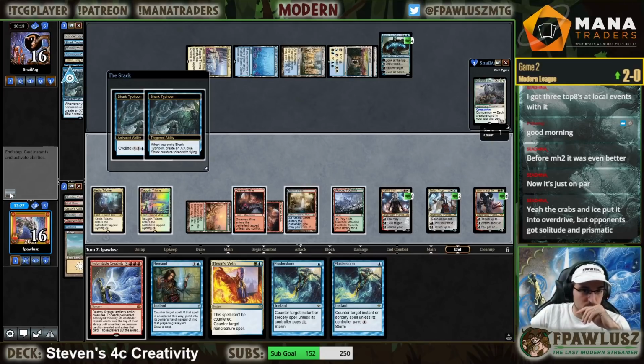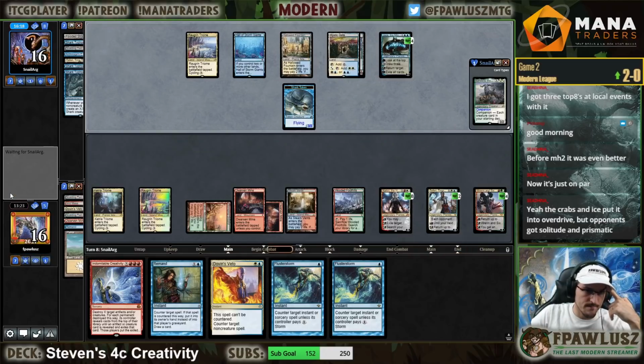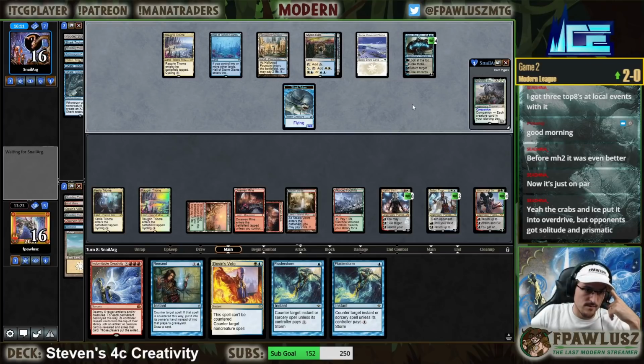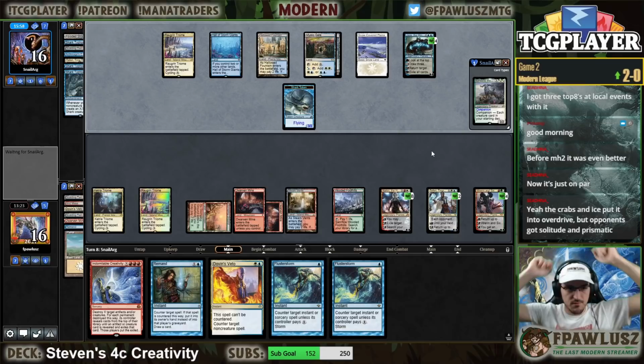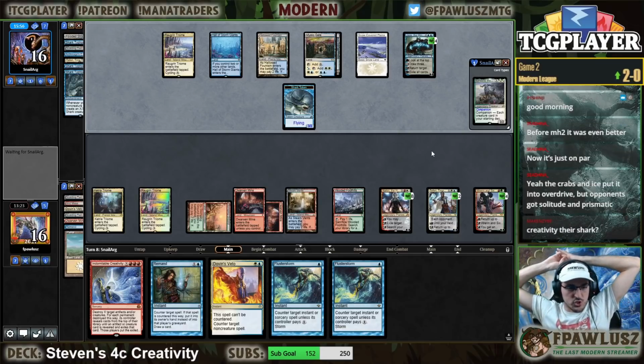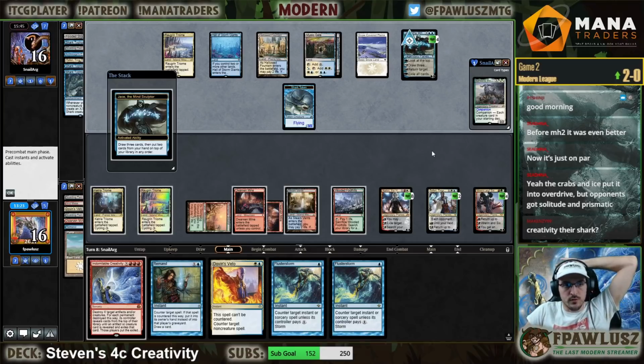Alright, opponent has Shark. Shark is pretty solid here. So I guess I probably have to creativity here. And then my opponent is going to bounce whatever I creativity into. But that way I get to protect my Teferi. Let's see what my opponent does with this Shark token. Let's first see where they go, because I think protecting the Teferi is even more important than...